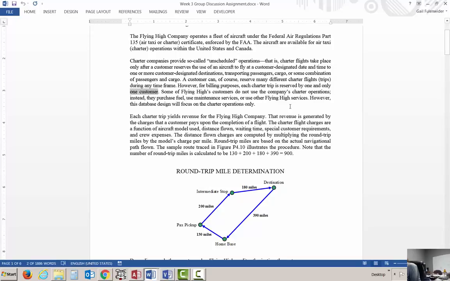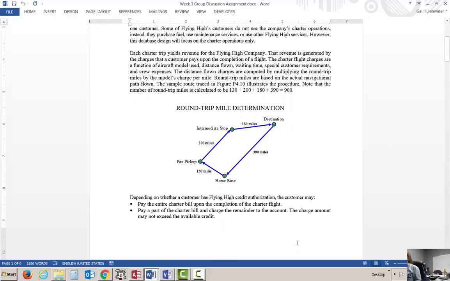Now we can also see that I can be a customer, but I don't have to reserve any of the flights, because if I read on, it tells me that some of the customers do not use the chartering options. So we can look at it as a charter has to have a customer to exist. But as far as a customer goes, a customer may not be using a charter or may be using many. So if we look down that and just try and put them inside a rule type order,